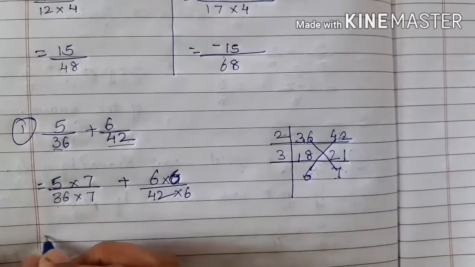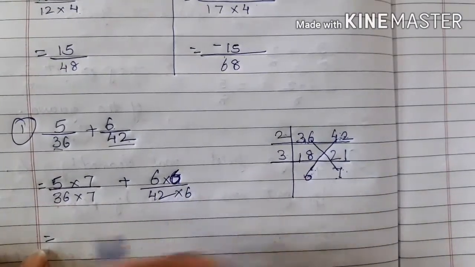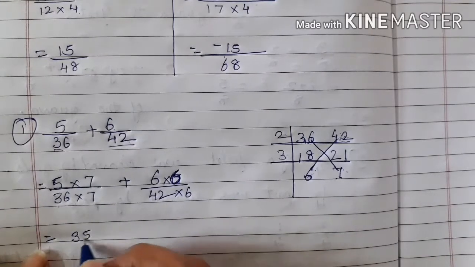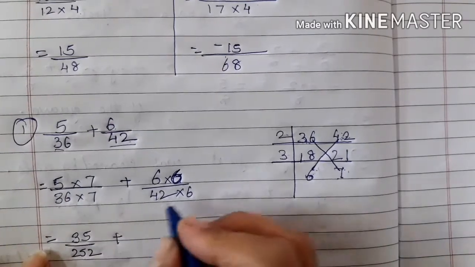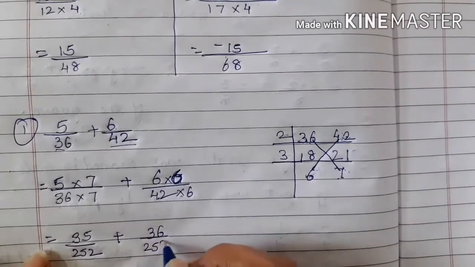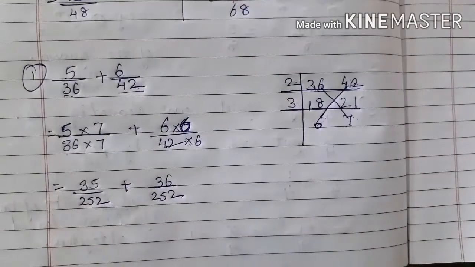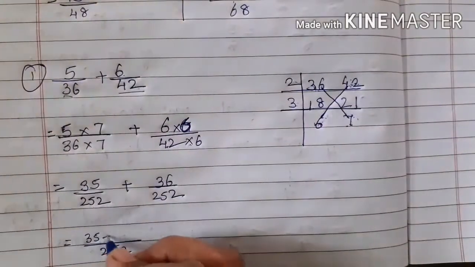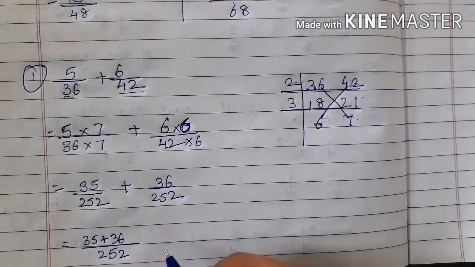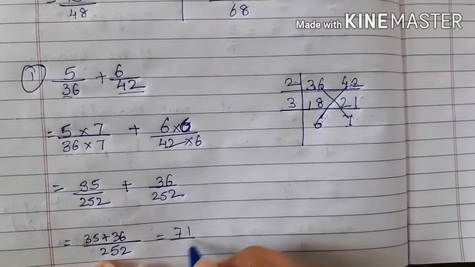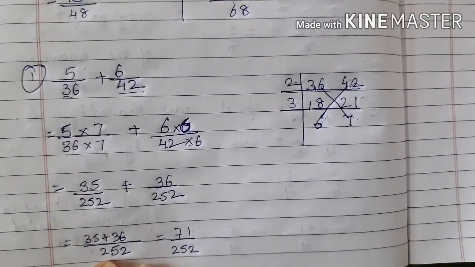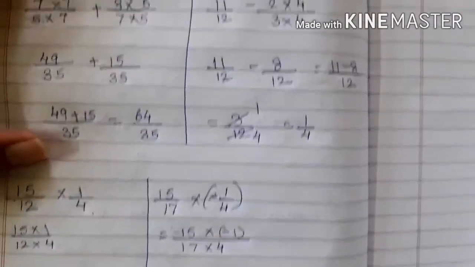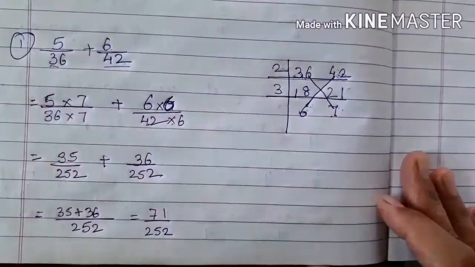Okay. Now for this, we all have to multiply it. So this will be 35 upon 252 plus 6 6s are 36 upon 252. Now you will see that eventually we have got our denominator the same. When we get our denominator the same, we can write it directly: 35 plus 36. When we add this, what are we going to get? 71 upon 252. Got it, children? In this way you have to add it. I have taught you this addition. This addition was done last year, right? Now this year you have started with this kind of fraction.